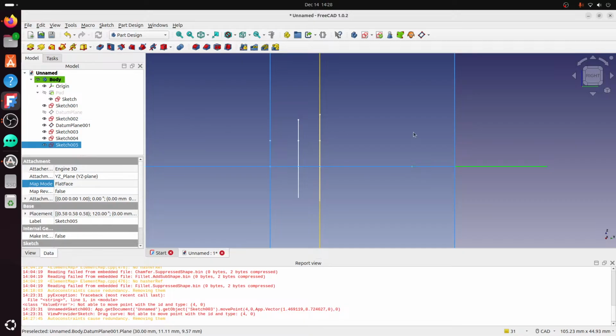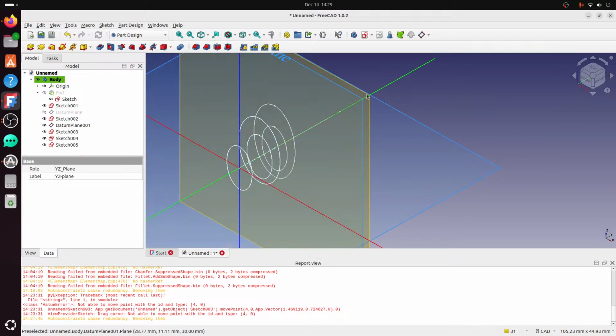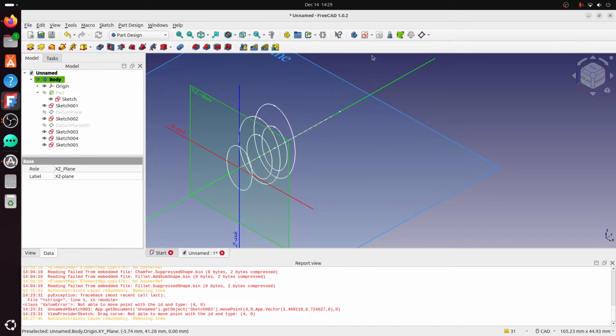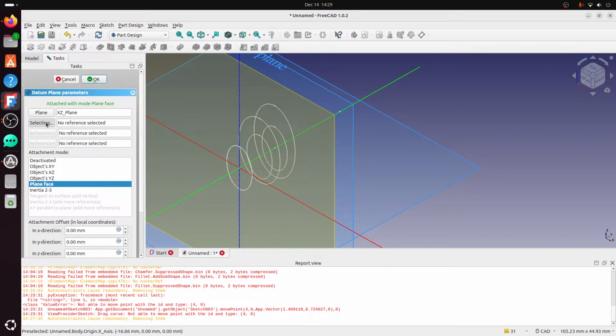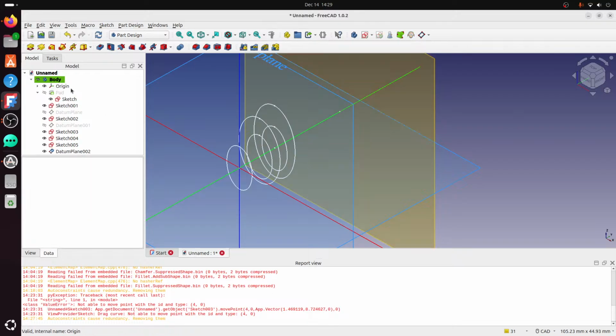Close that. Hide my origin. Don't need to show that datum anymore. And then come here and do, create a new datum plane, select that back vertex, and then